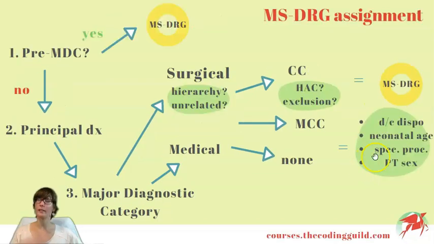Now let's recap and have a look at what we actually did here. First of all, we looked at the case and considered whether there was any procedure that would qualify the case as a pre-MDC without looking at any principal diagnosis at all. If you remember, it had 11 categories with very serious procedures, mainly transplants. Please review that list, because if there is anything there that the patient had done to them, then that's where the MSDRG process stops.